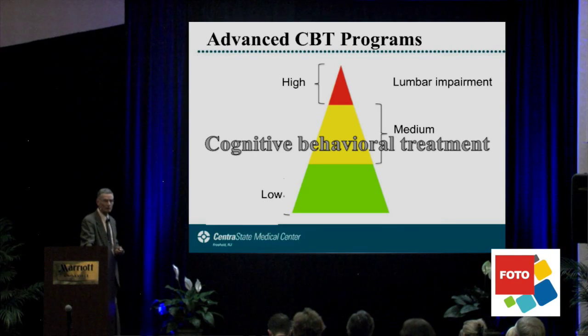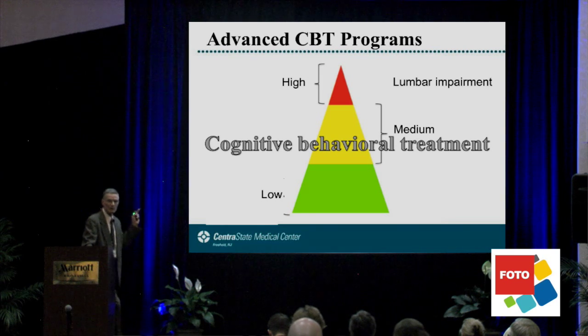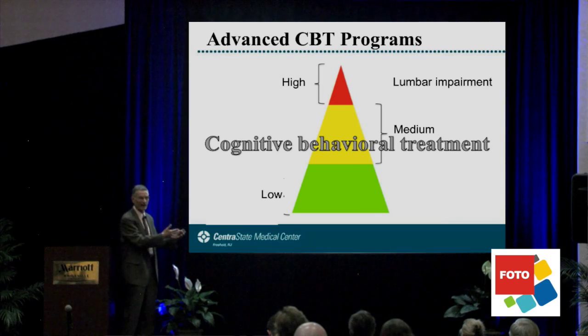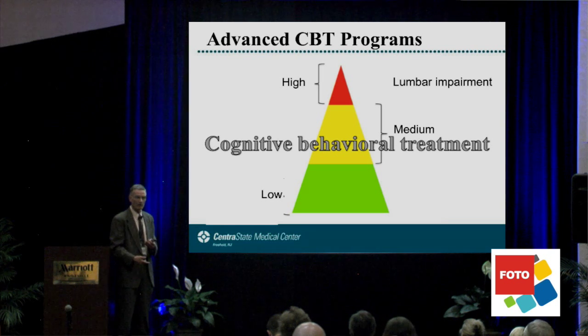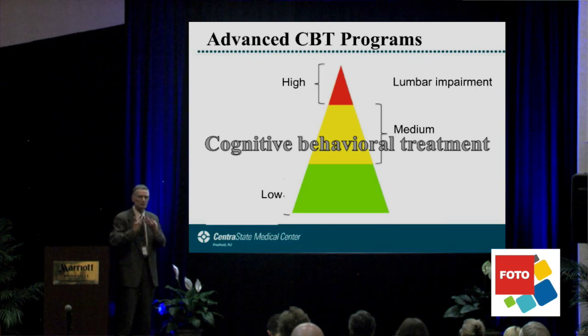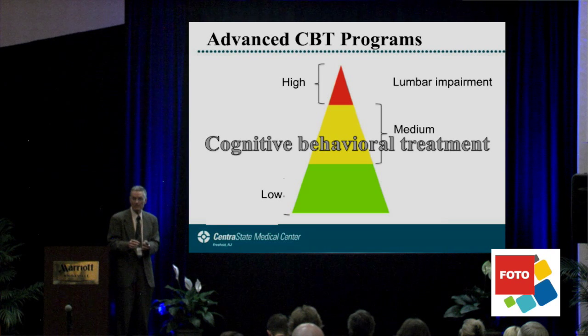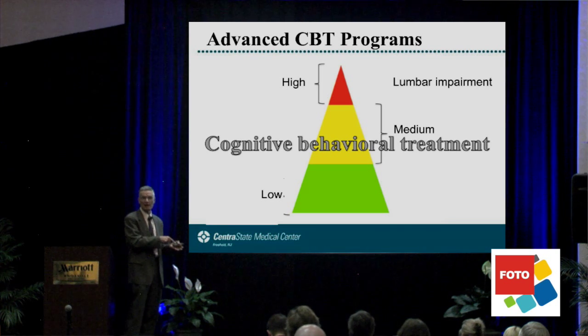Okay. Now, advanced cognitive behavioral programs. They really fit our wheelhouse, okay? And this is how you want to start thinking about those. This, by the way, is the STarT tool. And it's going to tell you what type of treatment you should do based on the patient's classification. And if you turn this tool on, it's printed right there for you. It tells you, this classification is high, this is medium or low. So if you're looking at this data, you can use that data to start augmenting or starting with cognitive behavioral